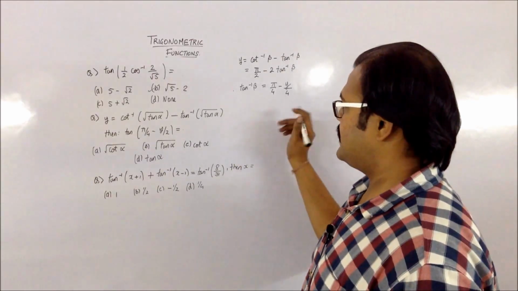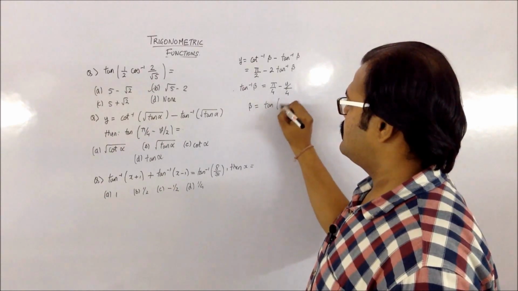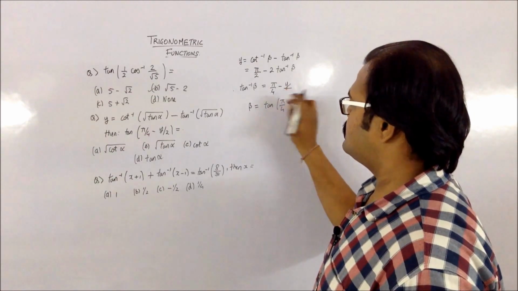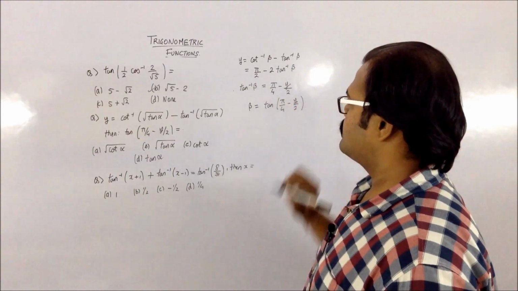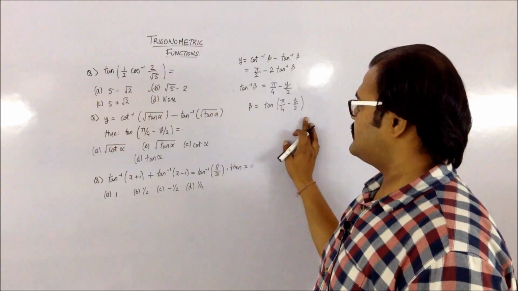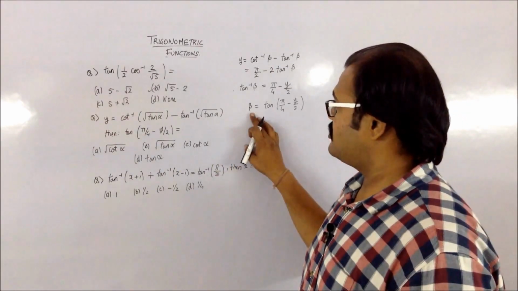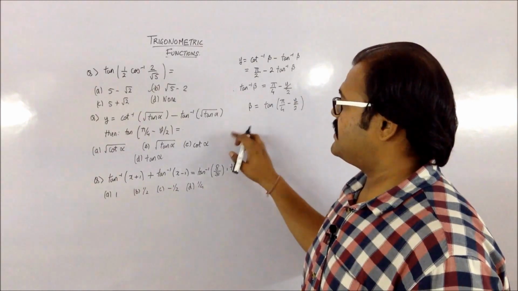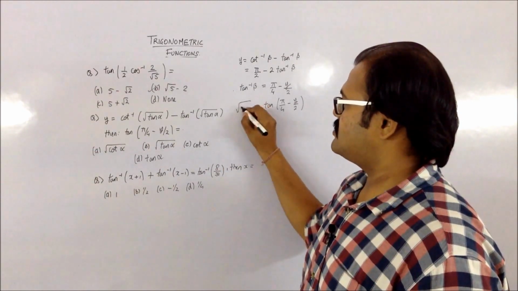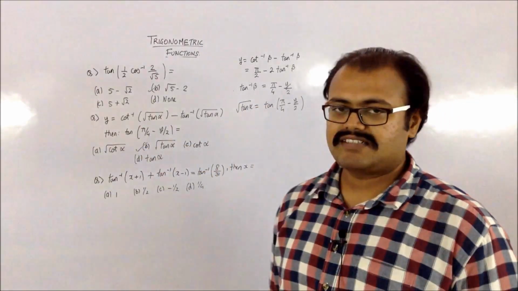So I can take the tan on this side, so that becomes beta equals tan of pi by 4 minus y by 2. Sorry, this becomes a 2 because you are dividing by 2. So what you can see is this basically is what is asked. So that's going to be beta, and you had taken beta as root of tan alpha. So that's your answer. So that's your answer as B.